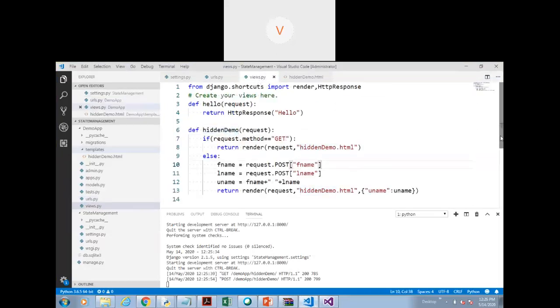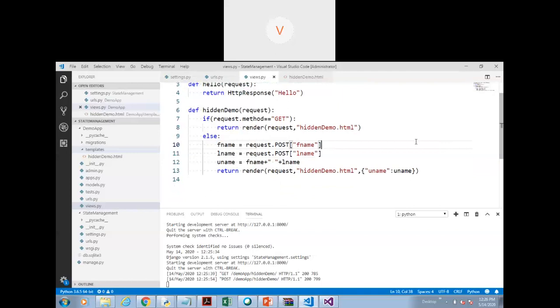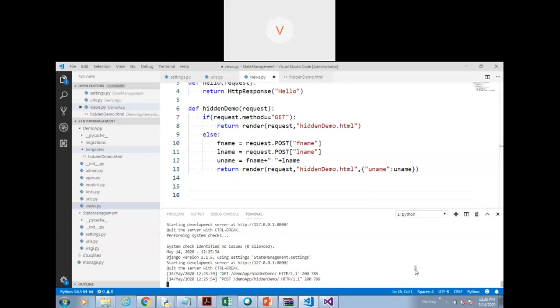Just have a look at the code everybody and let me know if you have understood or not. अगर नहीं समझ में आया है तो फिर से बताऊंगी. Is it okay? Yes, ma'am. Okay. Now let's go for the next one, that is query string example. So let's stop the server here.